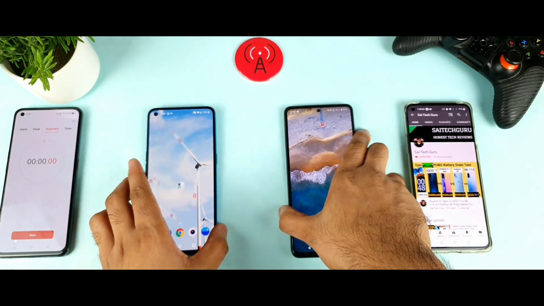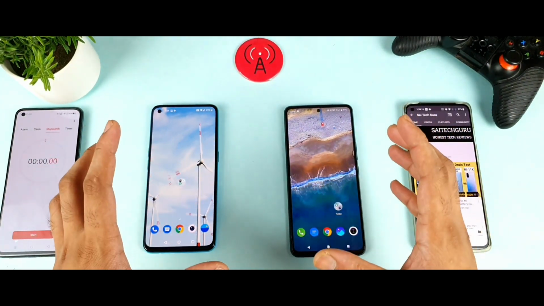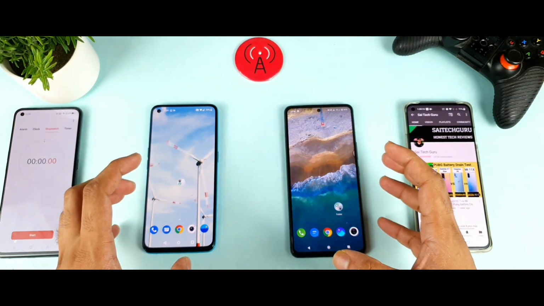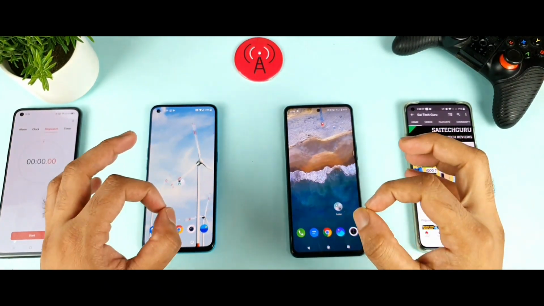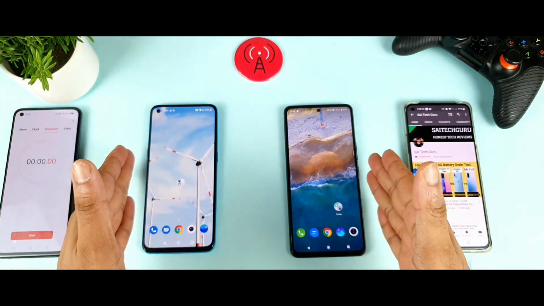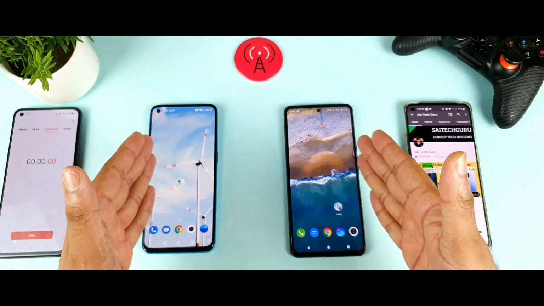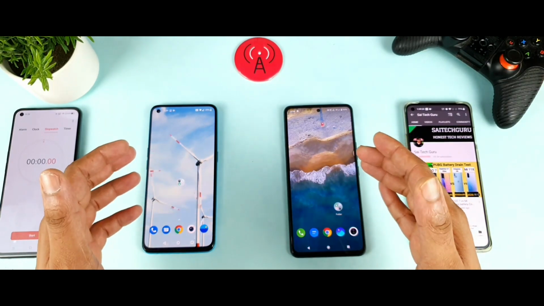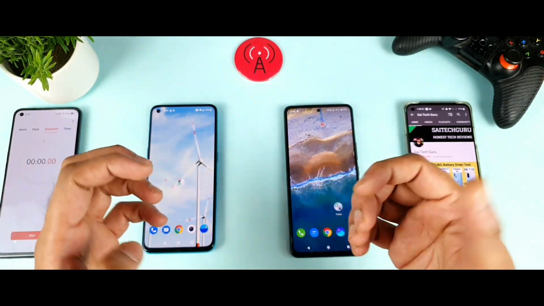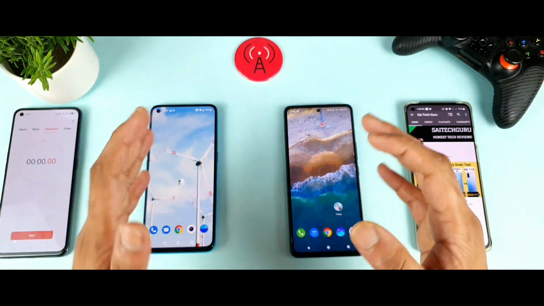This test is going to be really interesting and challenging friends, because these are extreme indoor conditions, and I'm using a Jio SIM card only. In both phones I have two Jio SIM cards installed, and I'll show you the NetMonster application, which phone detects the 4G plus and which phone will not detect it. That is what I'm going to show you.